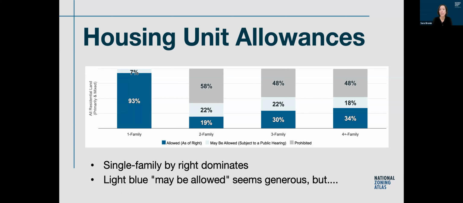So for example, land allowing for 4 or more family housing after a public hearing, you don't necessarily see a lot of apartments on that land. So just flagging that that's how you would read this chart, and a note of caution when it comes to that light blue figure. In the next slide, we see